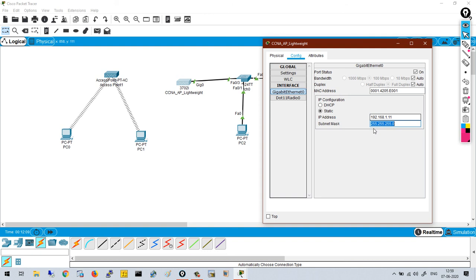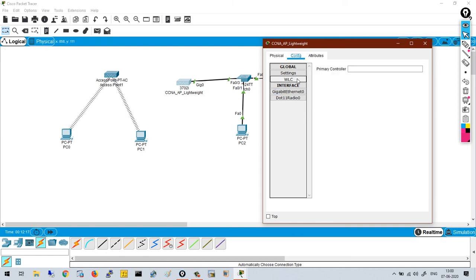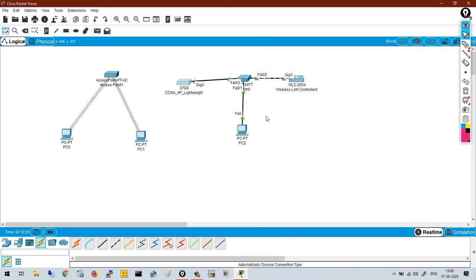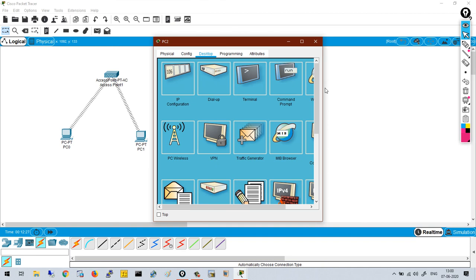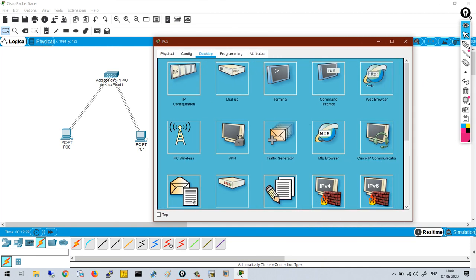Now I have to tell my AP what is the IP address of WLC so that it can register itself to the WLC. So I will go to the WLC option and define the IP address of controller, 1.1. Just close it. Go to the computer again. Go to web browser.